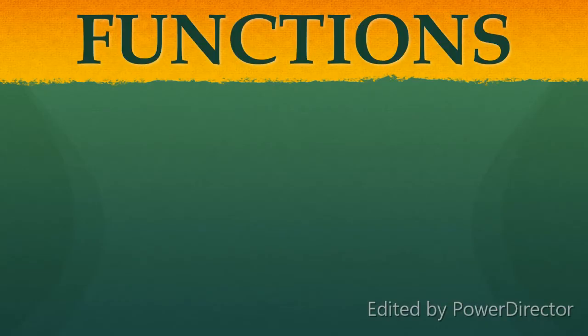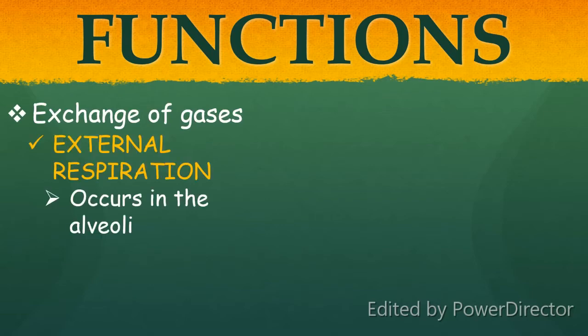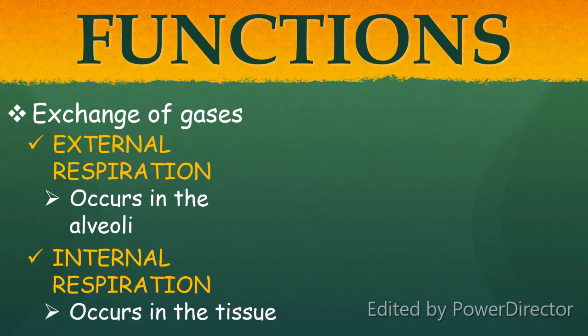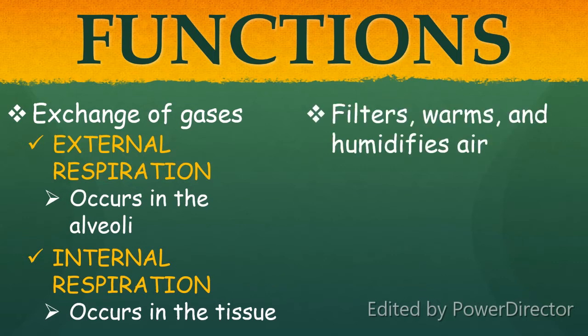What does the respiratory system do? The respiratory system has many functions. One of its vital functions is the exchange of gases. External respiration refers to gas exchange that occurs in the alveoli, whereas internal respiration refers to gas exchange that occurs in the tissue. Besides helping you inhale, breathe in, and exhale, breathe out, it also filters, warms, and humidifies the